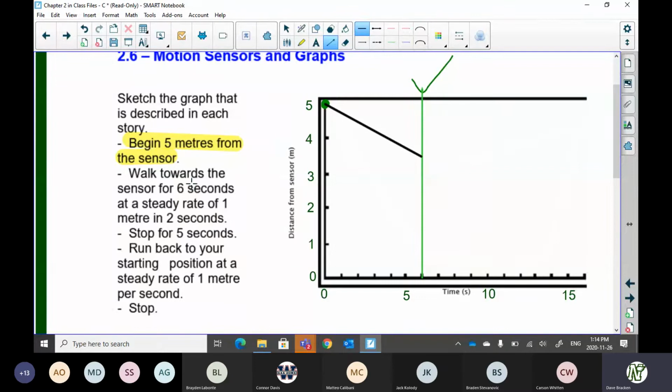Okay, so if I'm going to walk for 6 seconds and it takes me 2 seconds to walk a meter, in 4 seconds, double it, I'm going to go 2 meters and put another 2 seconds on for 6 seconds. I'm going to go 3 meters. Does that make sense, everybody? If I'm going to walk for 6 seconds and every 2 seconds I'm walking a meter, I'm going to walk